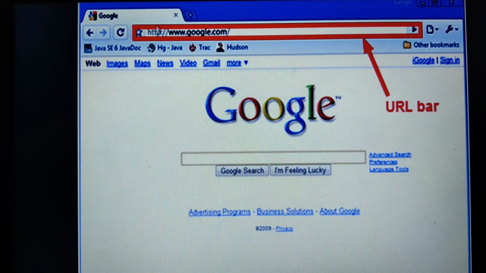Alright. With the help of the HTTP protocol, your request will go to the DNS server. It will convert the domain name you have given to the IP address. Then it will go to the web server. There it will see your request, which is in the form of an HTTP request, and then it will reply back with the Google home page. It will send you that as a reply, and then you will be able to see this Google home page. I hope you are able to understand.